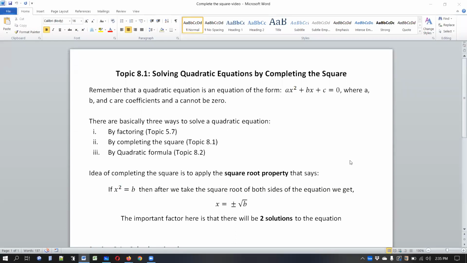Hi, hello everybody. So this is the topic from our syllabus 8.1 dealing with completing the square. Now we call it completing the square in the workbook, but this is actually solving quadratic equations, and completing the square is one of the techniques that we're going to see. And just to make sure that we clarify that this is a process of solving quadratic equations, I have here an introduction for us